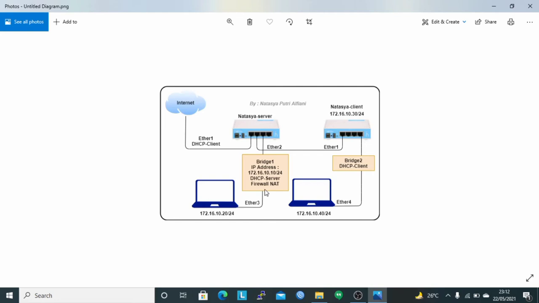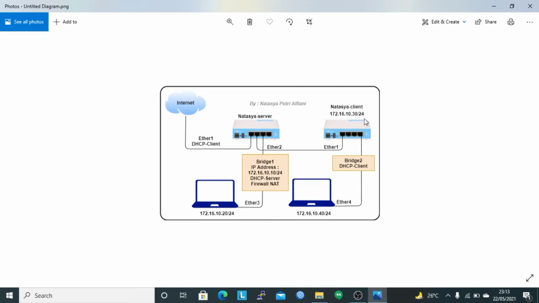And for the client on this router server, make sure the IP address is 172.16.10.20/24. Then for the router client, we will configure the bridge with the name bridge2, send a request to the DHCP client, and configure the IP address, namely 172.16.10.30/24.